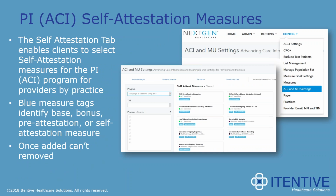Now, if you are familiar with MIPS and the program requirements, something unique to the HQM and new as of last year is the addition of these self-attestation measures. These were added as a result of the ability for the HQM to actually submit our data. So if you remember when you used to log into the CMS portal, you were prompted with a few windows that you had to click yes to even start the attestation process. These were essentially added as self-attestation measures that you would need to manually add to your report in the HQM